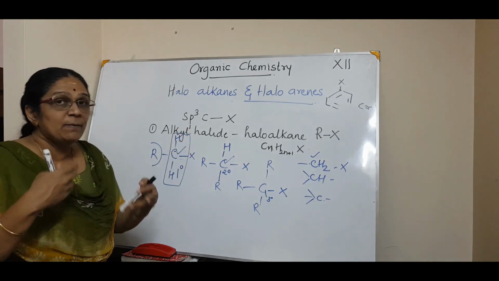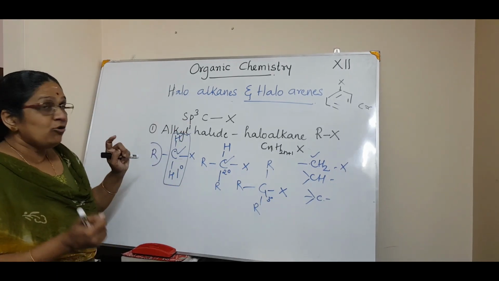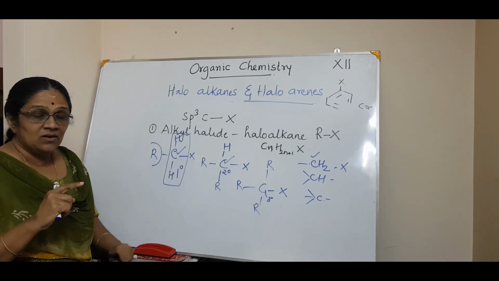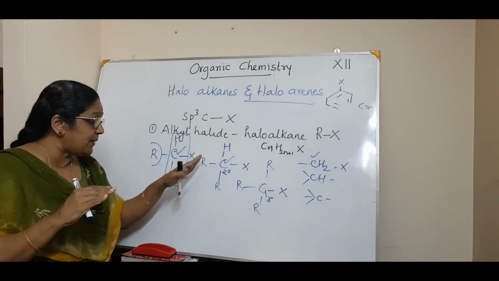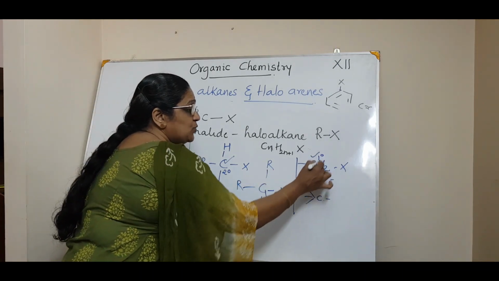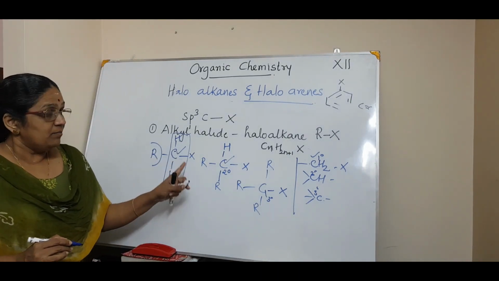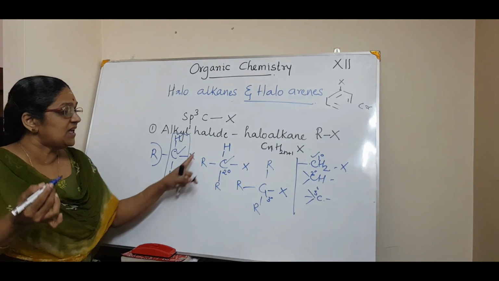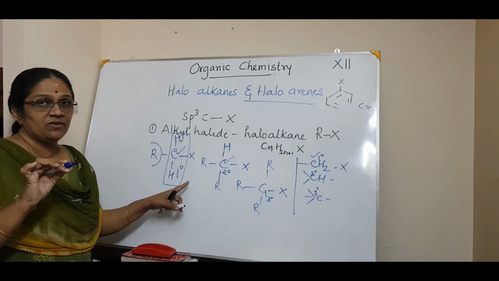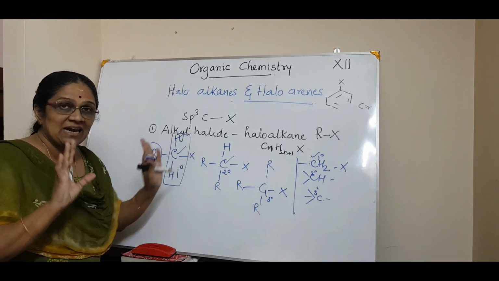You will be more familiar when we come across the compounds. So just the classification you are seeing. Now in that also, the first is alkyl halide or haloalkanes. The haloalkanes are further classified based on primary, secondary and tertiary. Please note it down. The primary is CH2, secondary is CH and tertiary is C. It's very important. In many areas we will be seeing all these primary, secondary, tertiary. It has great importance in organic chemistry. Now hope you understood what is sp3 hybridized state and halogen.